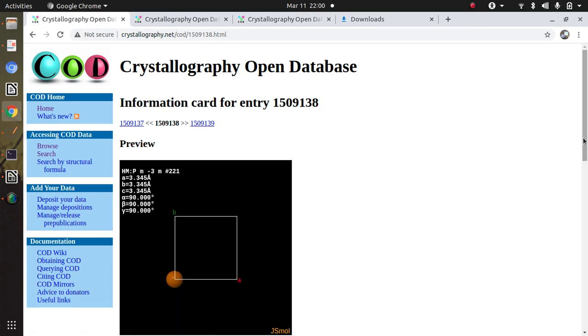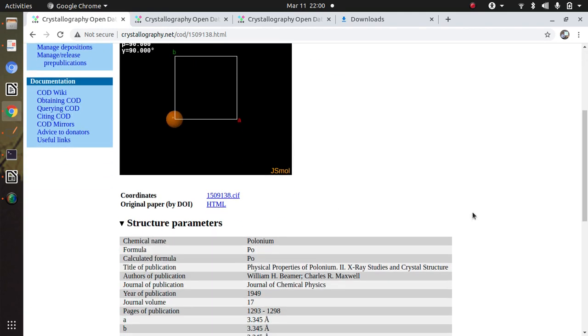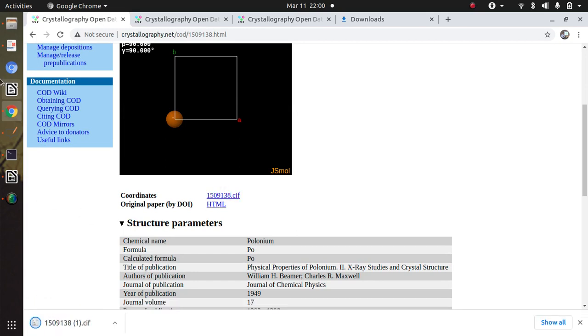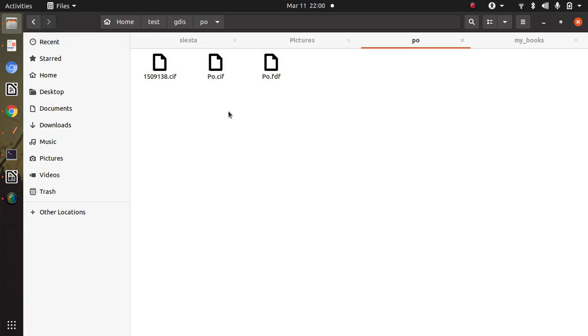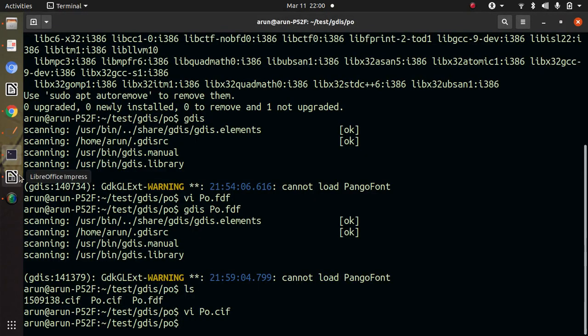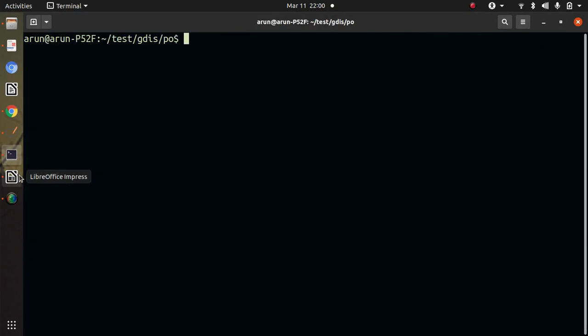Then this is the structure of polonium, and I can download this as a CIF file. I already downloaded it. So see, this is the CIF file which I downloaded from crystallography.net.